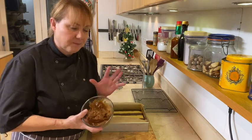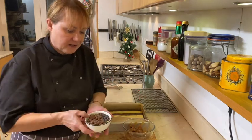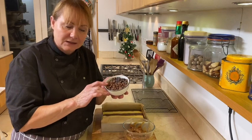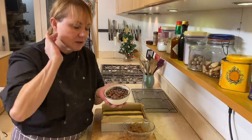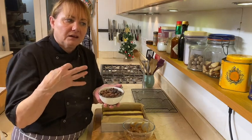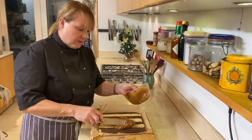And what I'm going to do is I'm going to pop it in the microwave for 10-15 seconds just to loosen it up because it's quite solid. And the other thing I have here is my topping, which is a mix of dark chocolate callets and milk chocolate callets. So the dark chocolate ones are 53% dark chocolate, and this is a milk chocolate. And then I have a knob of butter, probably about 20 grams of butter in the bottom, which is going to make a kind of a ganache. I'm just going to melt it so that I can give it a quick stir and pour it over the top